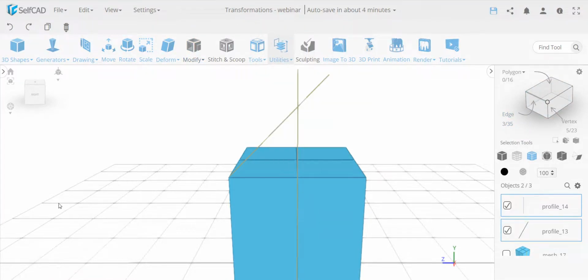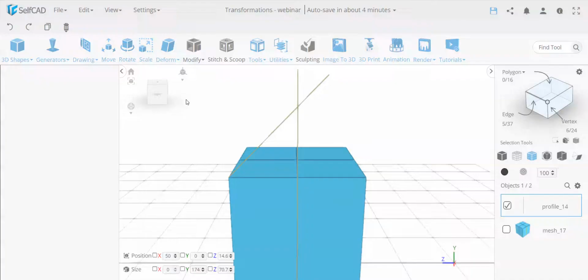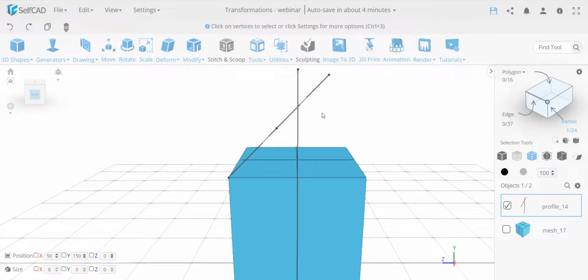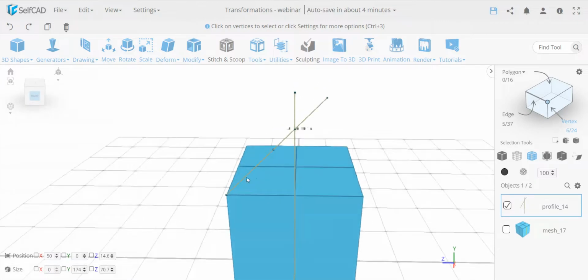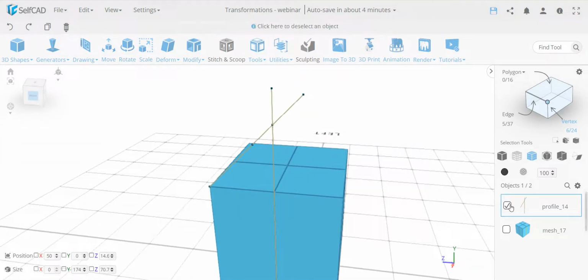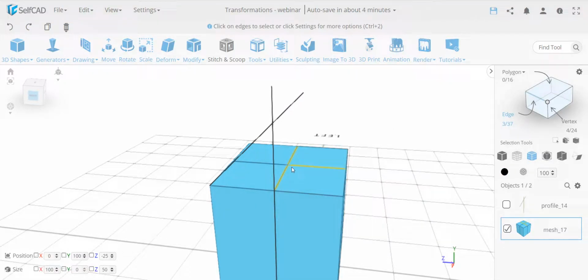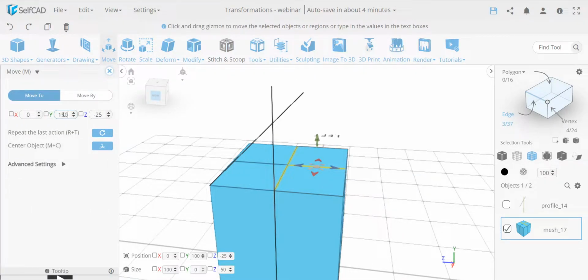I use the combine option, and in combine I use merge, and I use the cut intersection must be on, so this will add a vertex over here. So if you look over here, it added this vertex. All I'm interested in is this vertex, and I look at this position, and this is 150 in y. So now I know, as you've seen before already, that 150 basically will do it. So if I take this and select these, and simply move it, type in 150, 150,